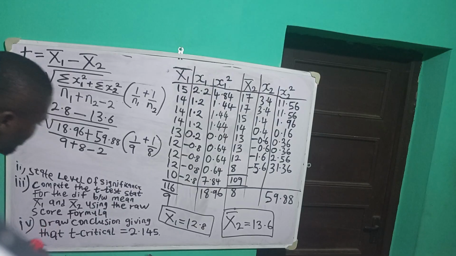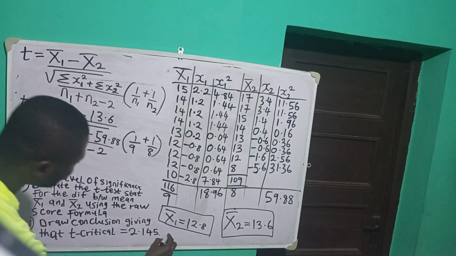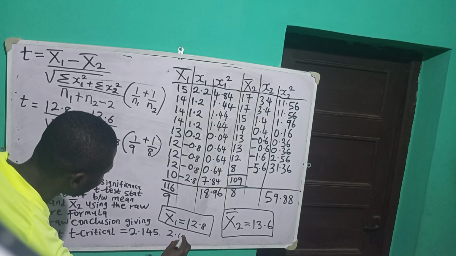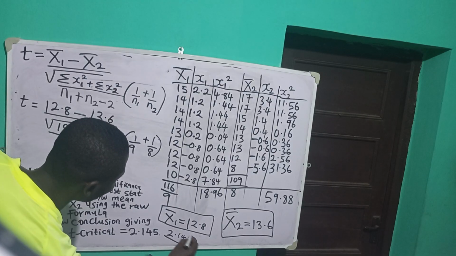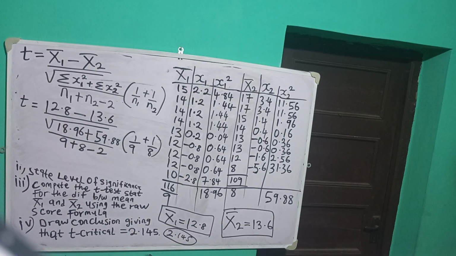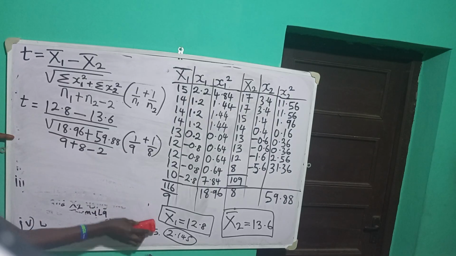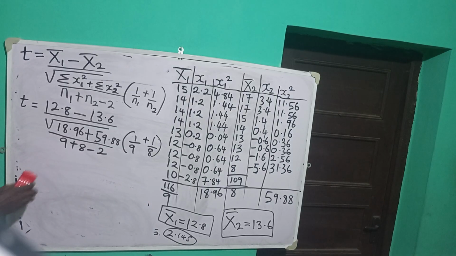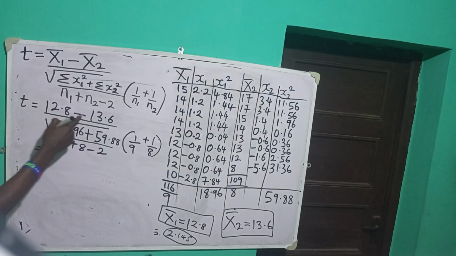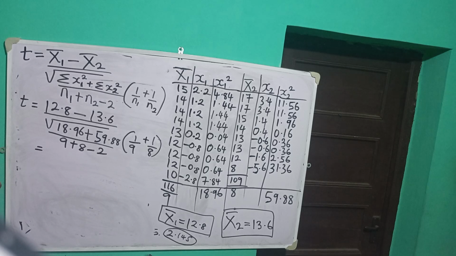Remember, we are asked to take our critical value to be 2.145. Let me just write it down and clean these other ones. So this will now be equal to 12.8 minus 13.6, which gives me minus 0.8, divided by the square root of